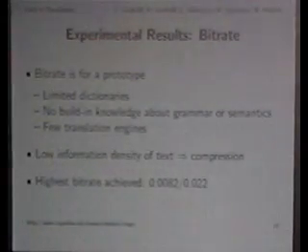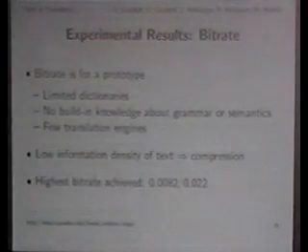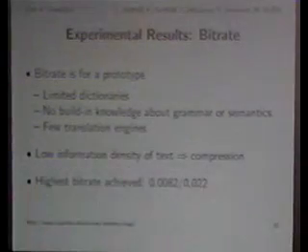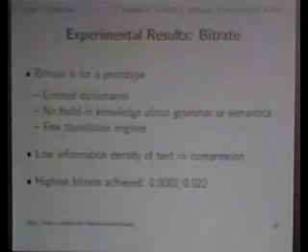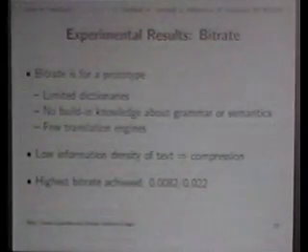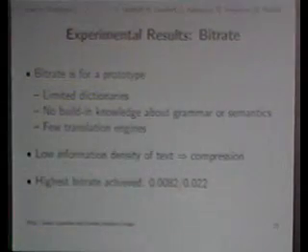So what we've done so far is we have a prototype implementation, and that of course means we have limited dictionaries. We did not write anything that would give us knowledge about grammar or semantics of a language, and we only have a couple of translation engines available to us. Still, what we get is a bitrate of something like 0.082 bits per bit transmitted. Now this is for normal text. If I just gzip the text, I get a much better bitrate, which is 0.022, which is a bit more in line with if I take a PNG or JPEG image and hide something in it. Well, I could compress this and get a bit...